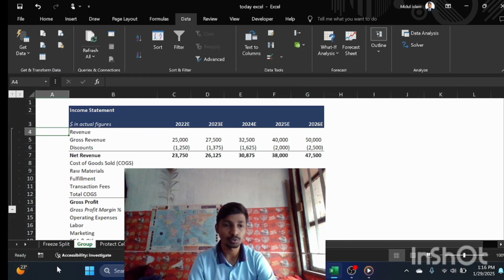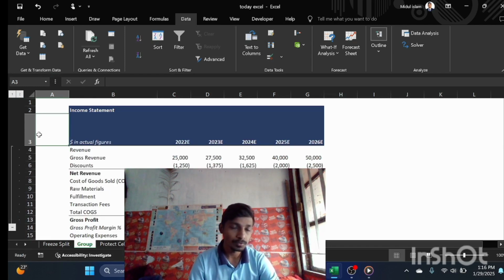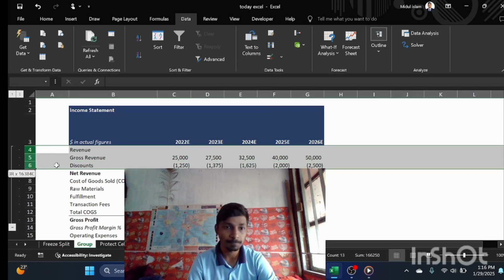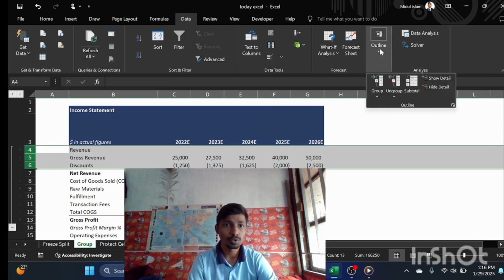Today I am going to show how to group data in an Excel sheet. First of all, we select 3, 4, 5 data. Example, revenue, gross revenue and discount. Now we